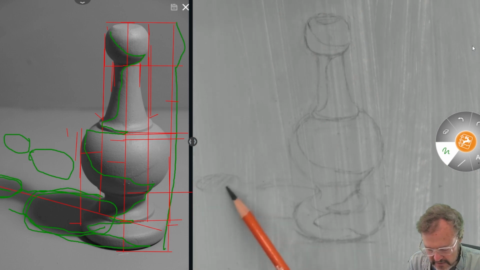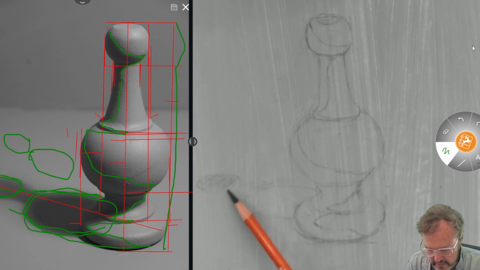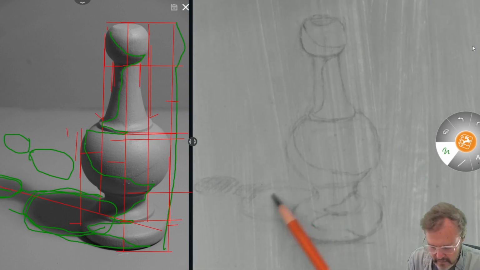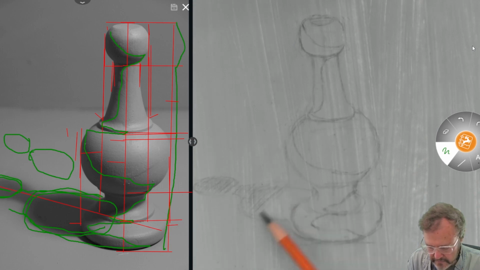You're going to notice that the charcoal on this kind of paper leaves a very dark mark. I kind of hate drawing right-handed, but